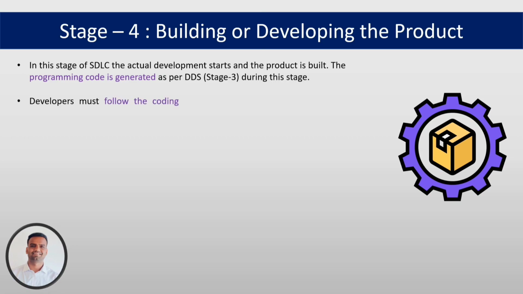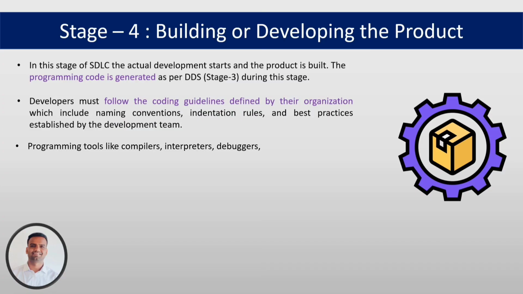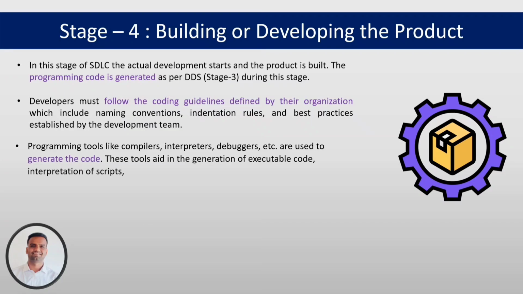Developers must follow the coding guidelines defined by their organization, and these guidelines may include naming conventions, indentation rules, and best practices established by the development team. Programming tools like compilers, interpreters, debuggers, etc. are used to generate the code. And these tools aid in the generation of executable code, interpretation of scripts, and debugging to identify and fix any